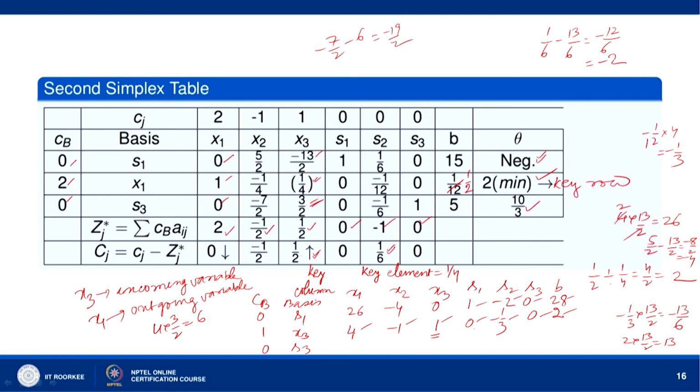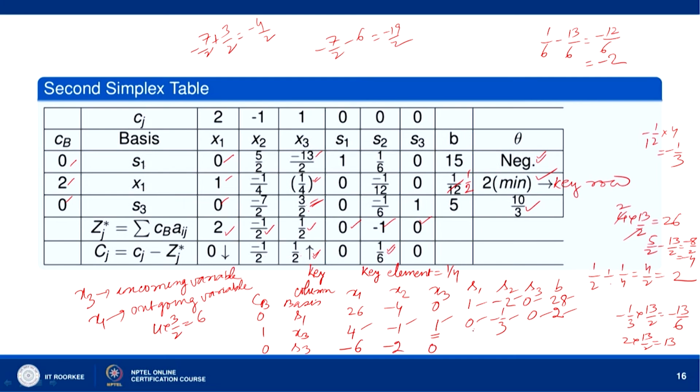So, here we have 4 divided by 13 by 2. So, 4 divided by 3 by 2. Okay. This is to be made 0. So, 4 into 3 by 2 is 6. Okay. So, 6 we subtract from 0 and we get minus 6 here. Okay. And then what we have is minus 1 into 3 by 2. So, we get minus 3 by 2; minus 3 by 2 we subtract from minus 7 by 2. So, minus 7 by 2 plus 3 by 2 and we get minus 4 divided by 2, we get minus 2. This is 0.